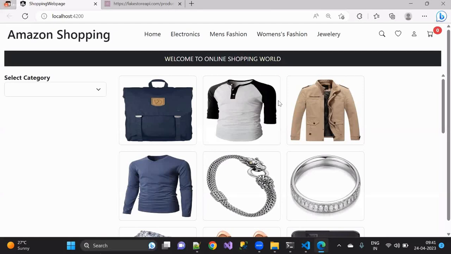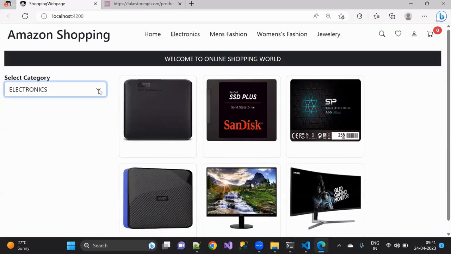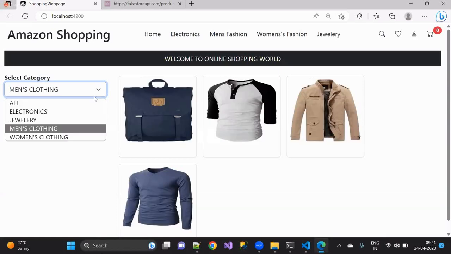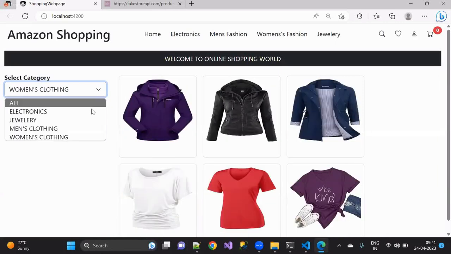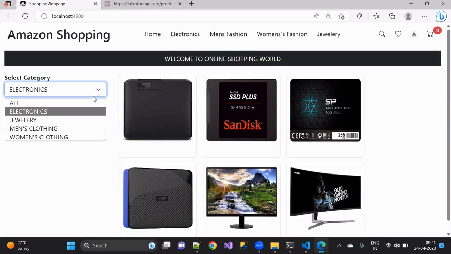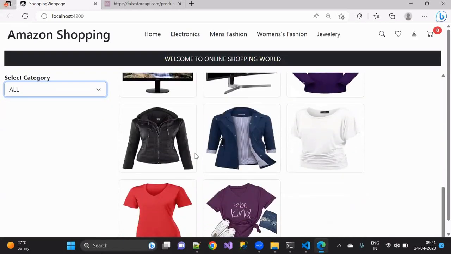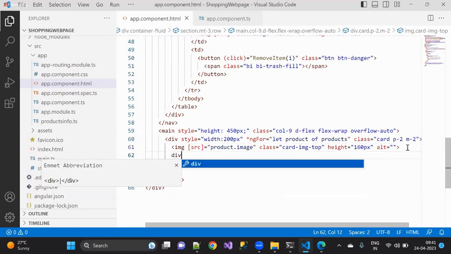Now you can see I'm able to display all those items here. When I say about electronics, just the images I'm displaying, nothing apart from that one. When I say about all product, women's clothing, only the women product. When I say electronics, electronics only. When I say all, all the items that are available. Understand? And the next one is going to be after displaying an image, there I can take another div where